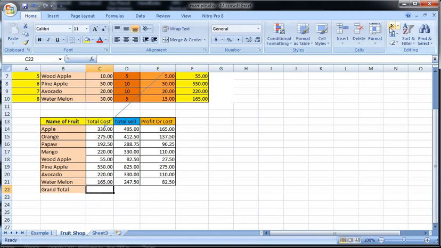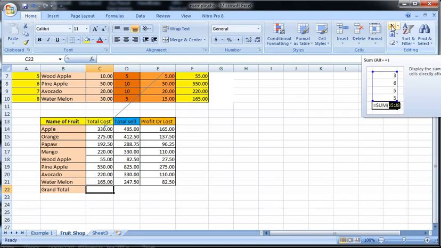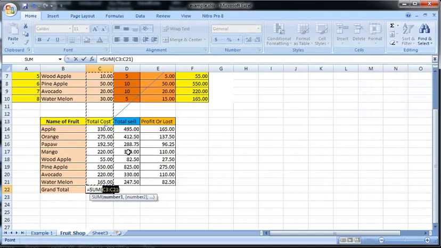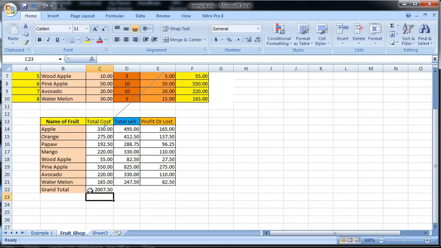I can use either equal sum from here to here, C14 to C21, I get 2007 as a total cost, and I can use